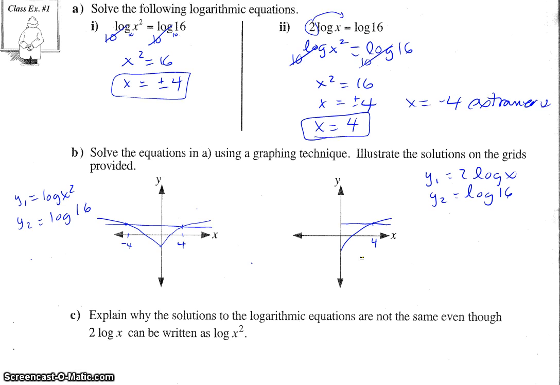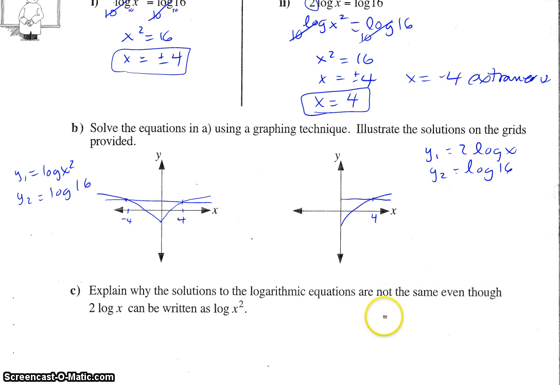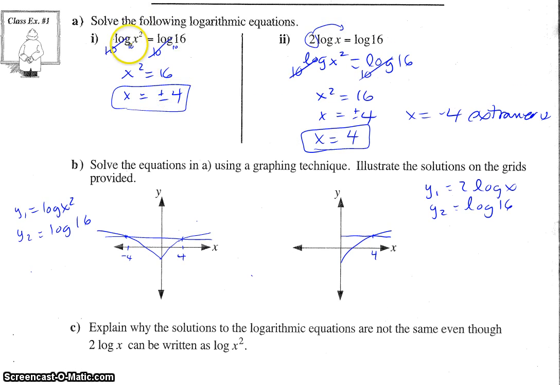And it says explain why the solutions to these log equations are not the same, even though on that second step in the second equation we were able to make it look exactly like the first equation. And it's got to do with how they started off. So when we subbed basically negative 4 back in on this first equation, we squared it, and so therefore none of our x values would be a problem because you're squaring them and then taking the log. So that's why we have basically x's now in the reals for the first graph. But for the second graph, because x is inside the log and we can't log a 0 or a negative,